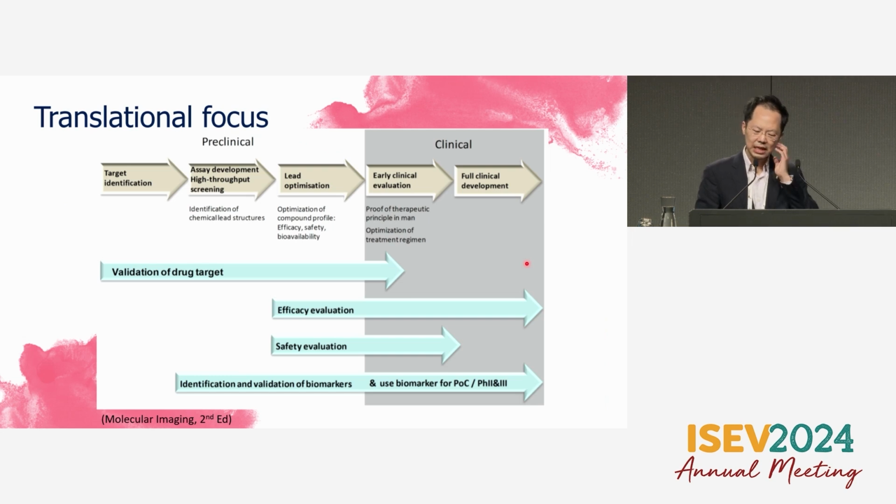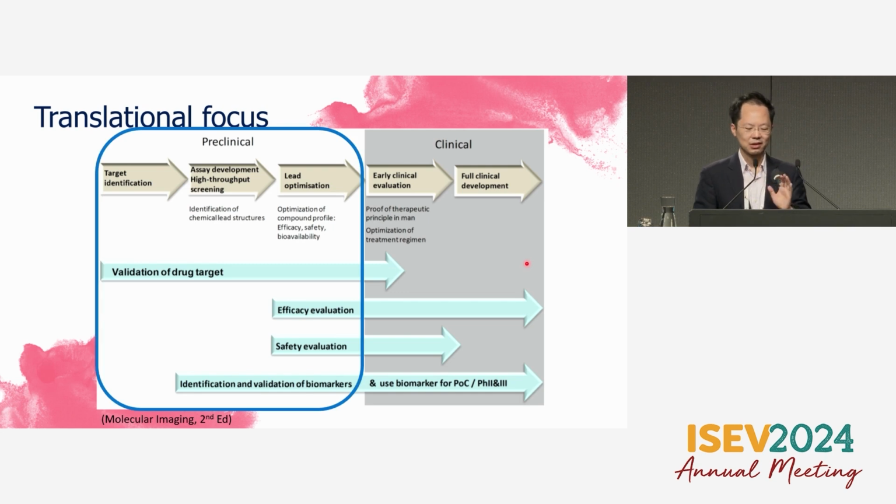Now, how does that relate to translation? Imaging is most critical with preclinical research. Because imagine, I think a lot of people are trying to tell you that vesicle is effective in regenerative medicine, or you're trying to see if a vesicle has a disease-promoting effect. So where are they going about in your body? What is the dosage that's relevant to your therapeutic vesicles? Those things are largely unanswered.